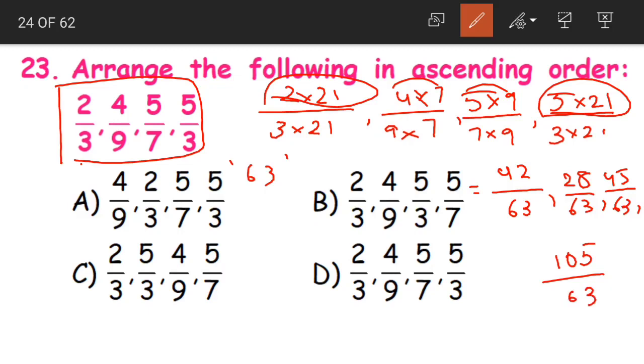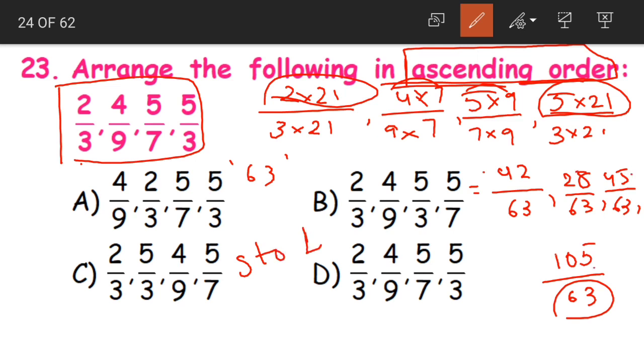Now we are having 4 like fractions here. Yes, now as they are all like fractions, they have the same denominator. We can find out which is the smaller one and which is the greater one by comparing the numerators. Here in the question they have asked us to write the fractions in ascending order. Ascending means from the smallest to the largest. So from these numerators, which is the smallest one?